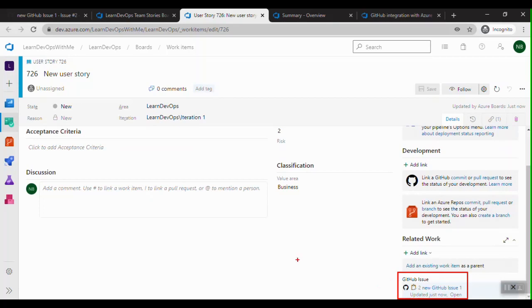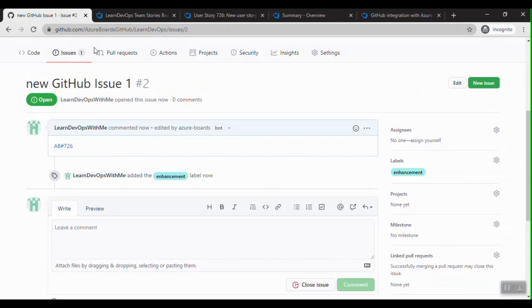So a link is created both ways: I can access the Azure DevOps work item from GitHub, or I can access the GitHub issue from the Azure Boards work item. So this was about creating a link between the GitHub issue and the Azure Boards work item.